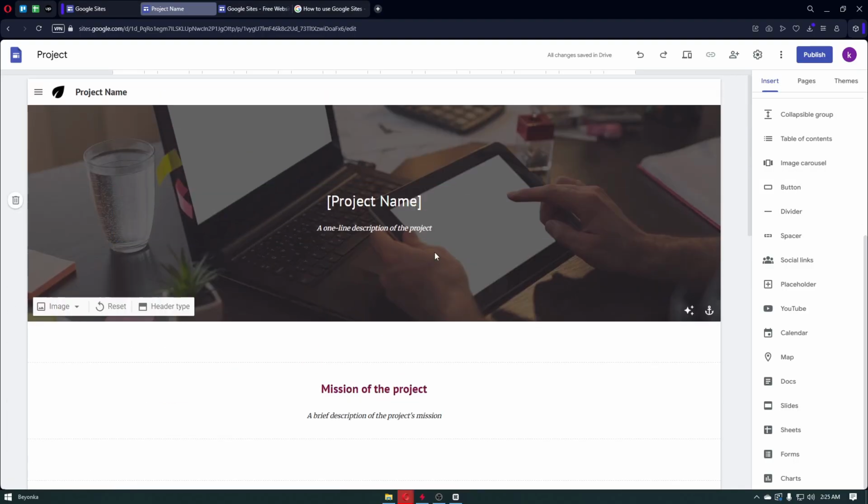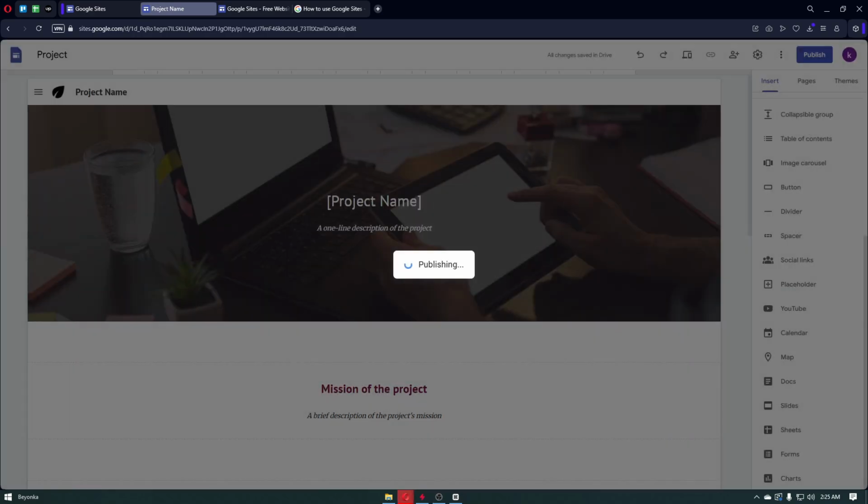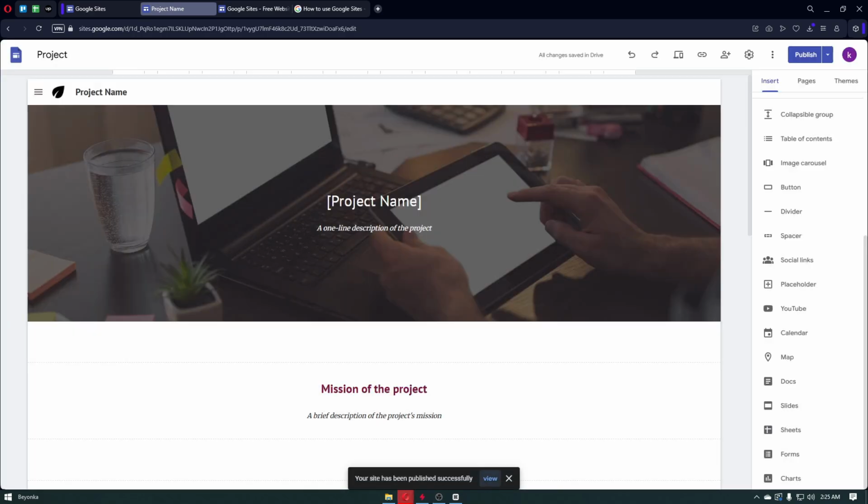But basically, right after customizing your website the way you want to, you then want to click on the publish button. You then want to enter the web address right here. You can still use a custom domain later, but as of the moment, you simply want to enter a web address for your Google Sites website. And so right after that, you then want to click on the publish button. Once that's done, your site is live at a Google URL, but let's make it more professional by